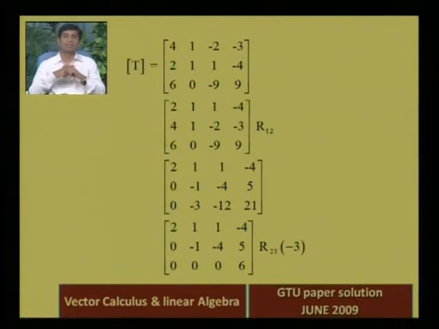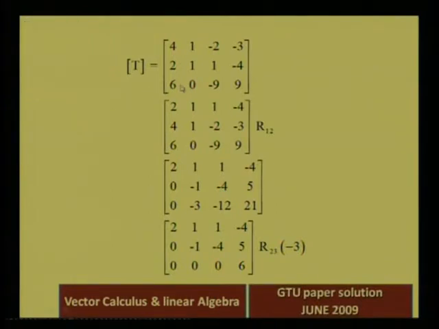And the third condition is if there is any 0 row, that means if any row contains entirely 0 elements, then it should be at the bottom of the matrix. So if these three conditions are satisfied for any matrix, then we can say that the given matrix is in row echelon form, and using that row echelon form we can easily find the null space of the given matrix and column space and all that. So first of all, our target is to convert the given matrix into a row echelon form.